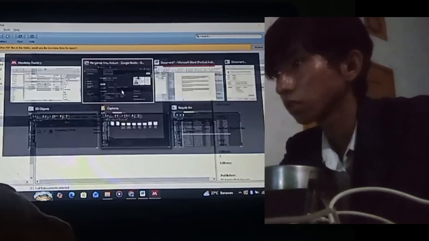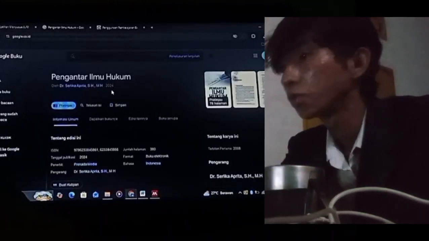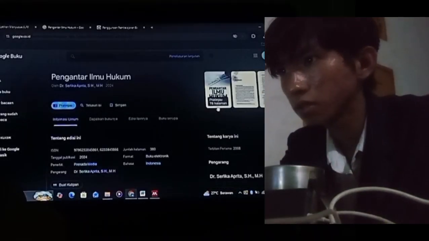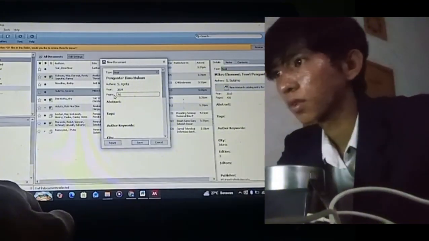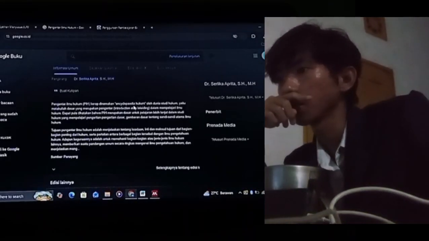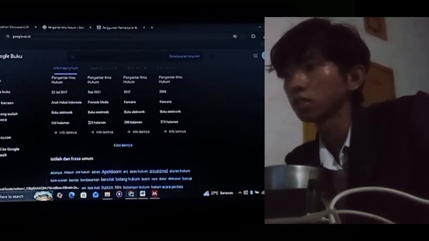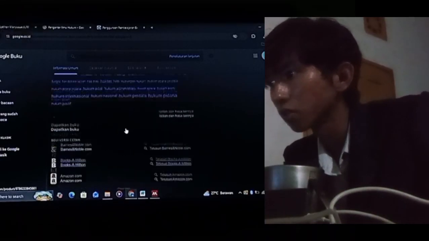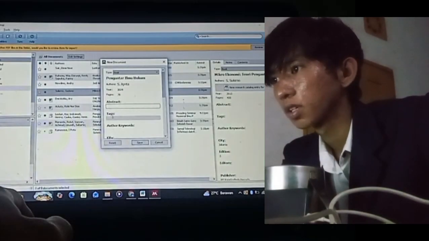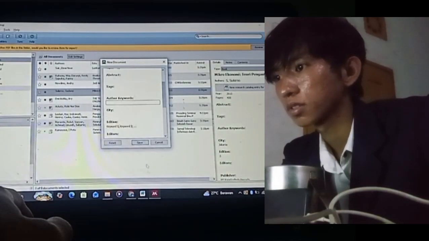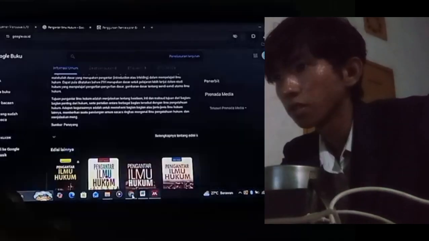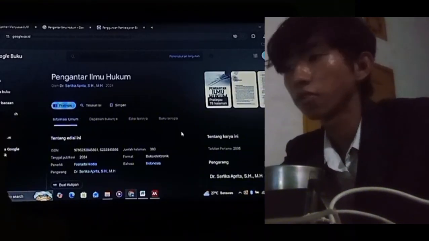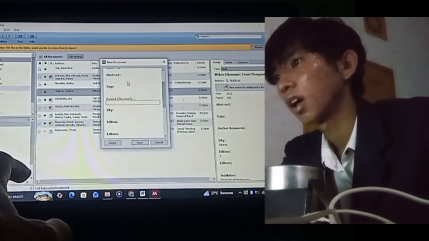and the year is when the book was made, and the page is how many pages in this book, and the abstract you can find like this in your ebook, but in my book there is no abstract, so I can type in the text. You can skip the author keywords, for example, because in this ebook they don't have author keywords and text and abstract.